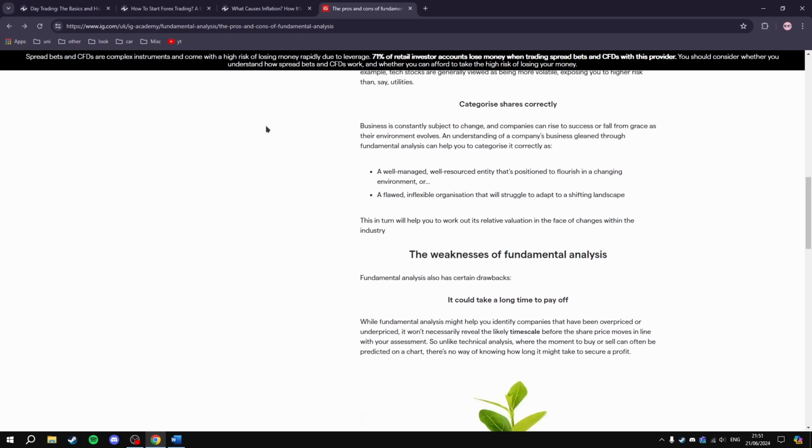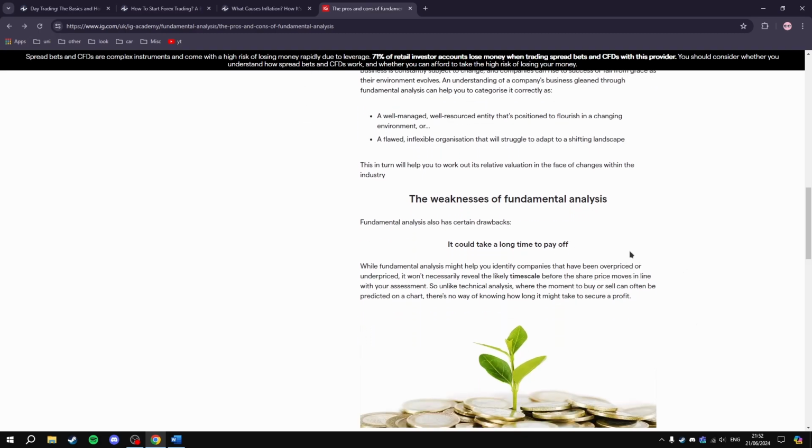Business is constantly subject to change. Companies can rise to success or fall from grace as their environment evolves. Understanding the company's business gleaned through fundamental analysis can help you categorize it correctly as a well-managed, well-resourced entity that's positioned to flourish in a changing environment, or a flawed, inflexible organization that will struggle to adapt to the shifting competitive landscape. This will help you work out its relative value in the face of